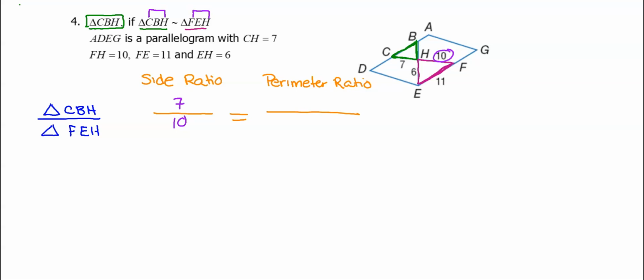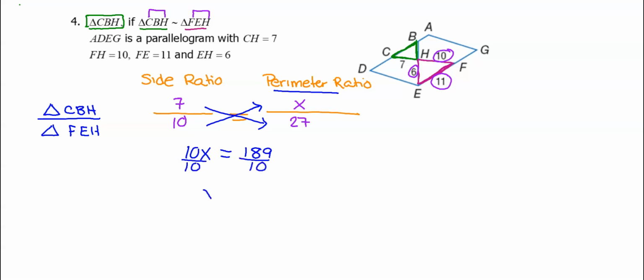Okay, back to the green triangle. I need to find the perimeter, so I'm going to call that X. But with the pink triangle, I can add all these numbers up for my perimeter. So 16 for those two plus the 11 gives me a total of 27 for the perimeter. And that's enough information now for me to cross multiply so that I can solve for X. And X represents the perimeter of that top triangle. So 10 times X will be 10X. And 7 times 27 is 189. When dividing by 10, not too bad, it'll just move that decimal. So X equals